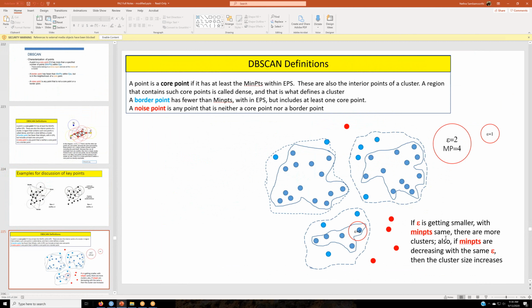If epsilon is getting smaller with minimum points the same, there are many more clusters. If epsilon is getting smaller, and also the minimum points are decreasing with epsilon, then the cluster size increases. Okay,